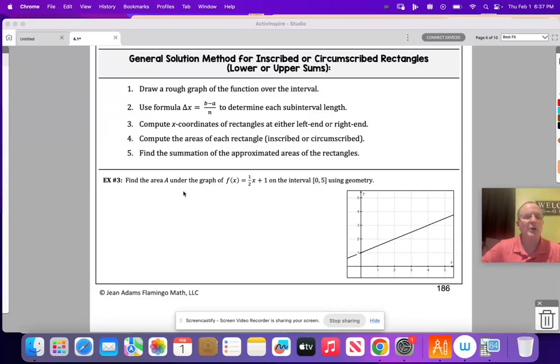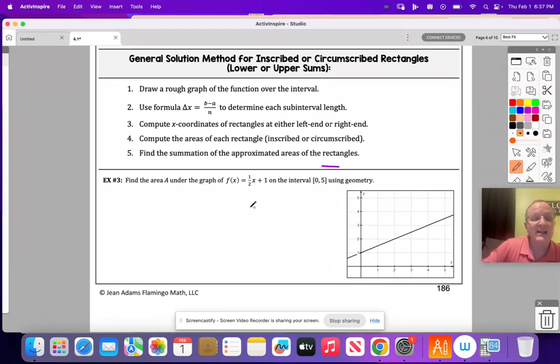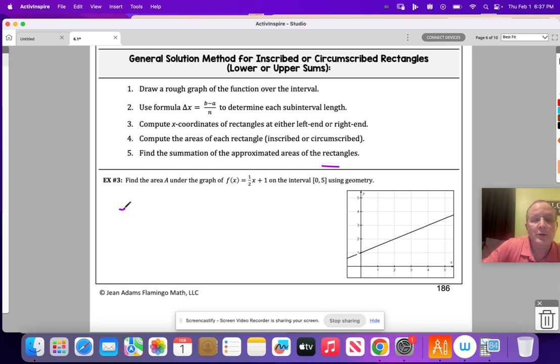Now in example 3, it says find the area underneath this curve using geometry. So all of a sudden we're not doing the rectangle thing. It says find it exactly using geometry. In other words, I'm about to find the exact integral, the integral from 0 to 5 of f of x dx. That's proper notation here. I can find it not by using rectangles, which is kind of weird that we've abandoned that for a moment, but I can do some geometry. And this area right here